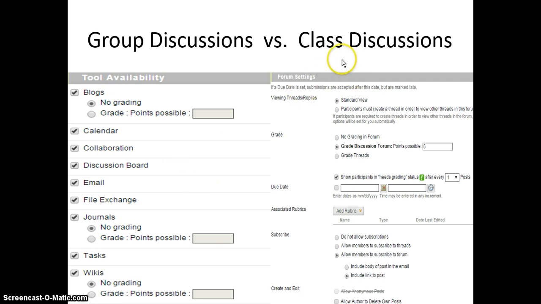As you can see here, for large class discussions that involve the whole class, you can actually apply a grade to it, and this will show up in needs grading after somebody has posted. It makes it a little bit easier for grading, but again, you have the unwieldiness of having 40 or 50 people all engaged in this discussion, and is that something that you want, everybody answering the same question? Either Amy and I can discuss with you, or you can discuss with anybody on the CTEL team about which one might best suit your purposes.